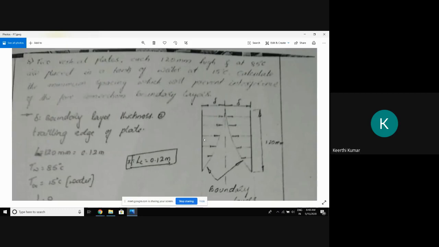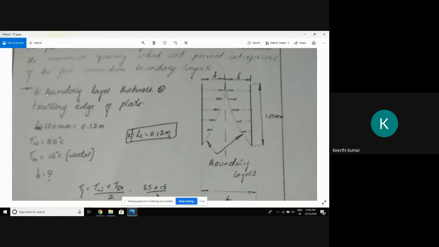If I take only one plate, the boundary layer will be formed. This is called the boundary layer for the one plate. If I take another plate, again the boundary layer will form. So he is asking you to calculate at what distance these two plates have to be kept, so that the boundary layers should not interfere. Means the boundary layers should not cross each other. So you have to find out the delta this side and delta that side. That means the boundary layer thickness of one plate, and the boundary layer thickness of the other plate. Those two you have to find out. Okay. Any of dimensions are same. It's just if you multiply, we'll see how to solve it.